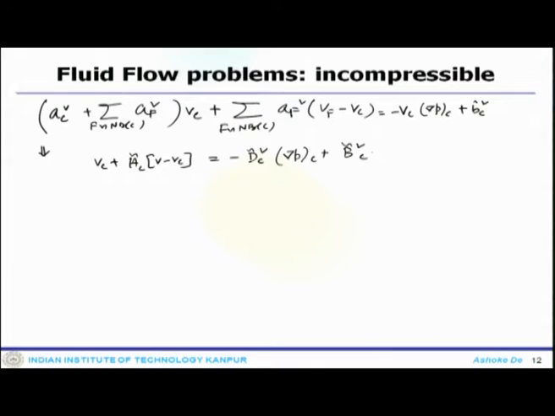So, this can be used for the velocity corrections as BC prime equals to minus HC V prime